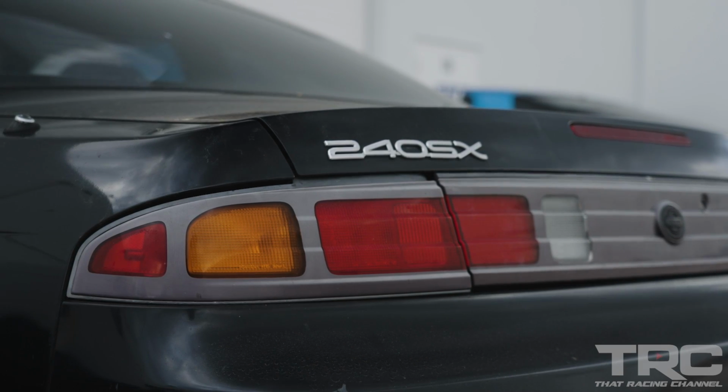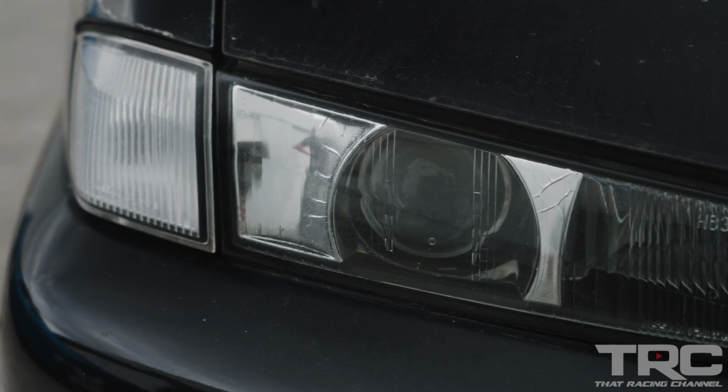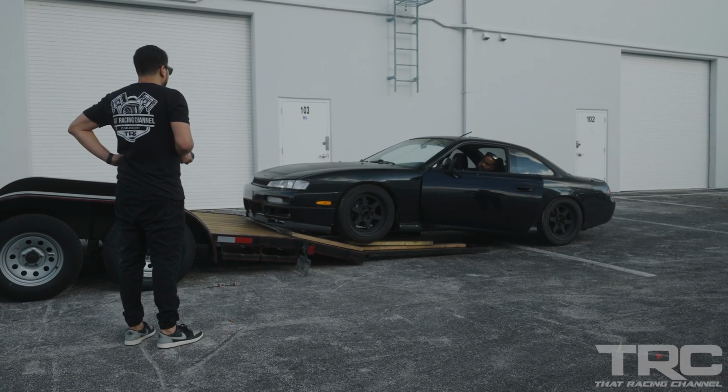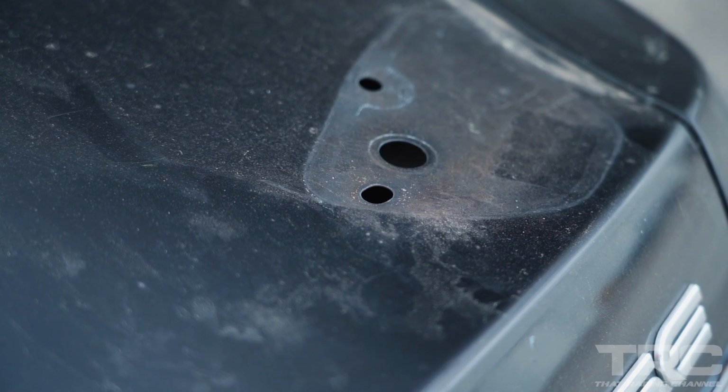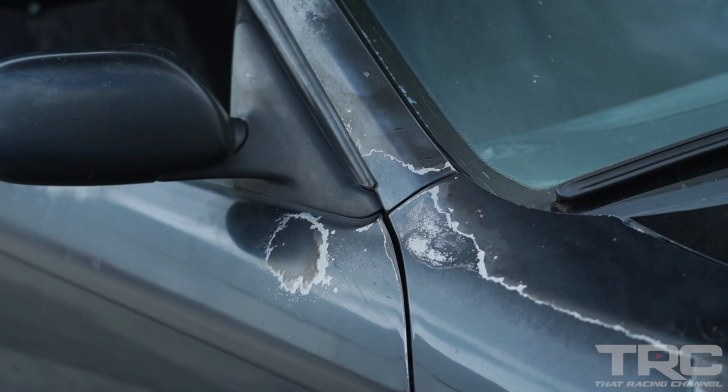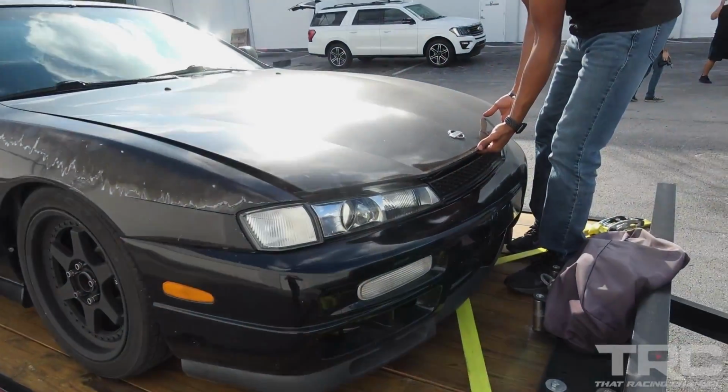I'd like to introduce to you my new personal project. We'll call it a restoration on a budget. It's a 1997 Nissan Kouki S14, and as you can see, it's in the need of some serious TLC. But don't let its rough exterior fool you, because under the hood, this car has the heart of a warrior,